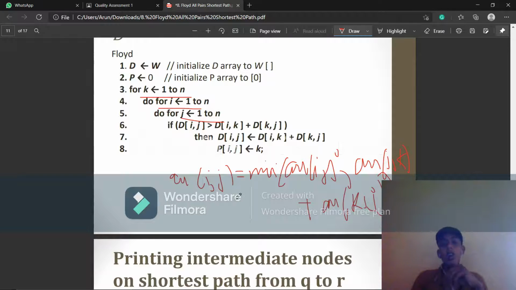So this is the formula. We can consider either, both are the same.